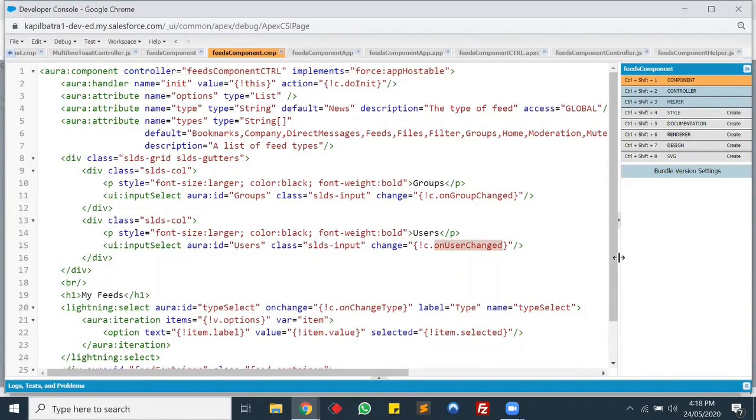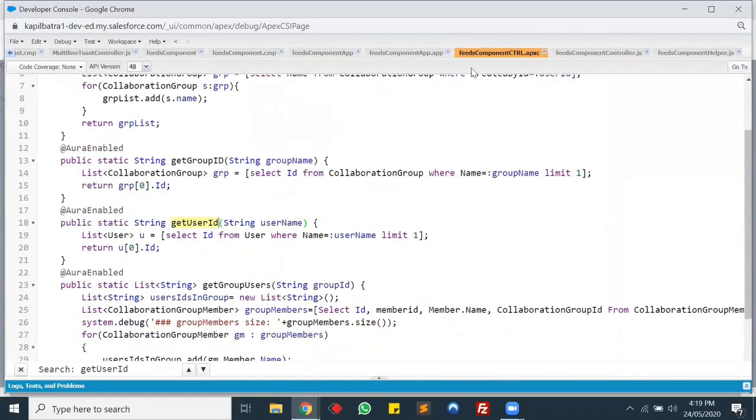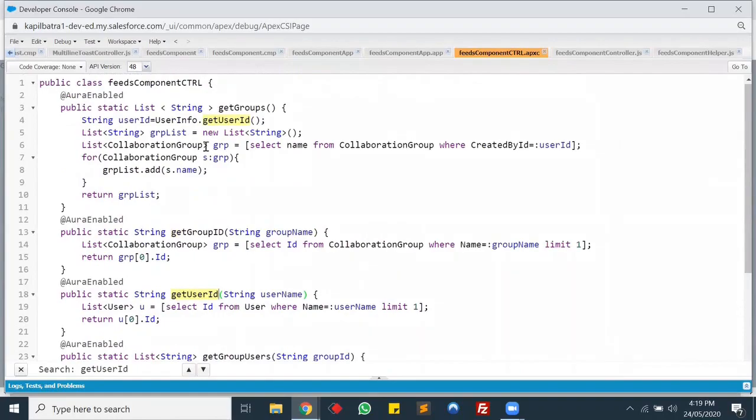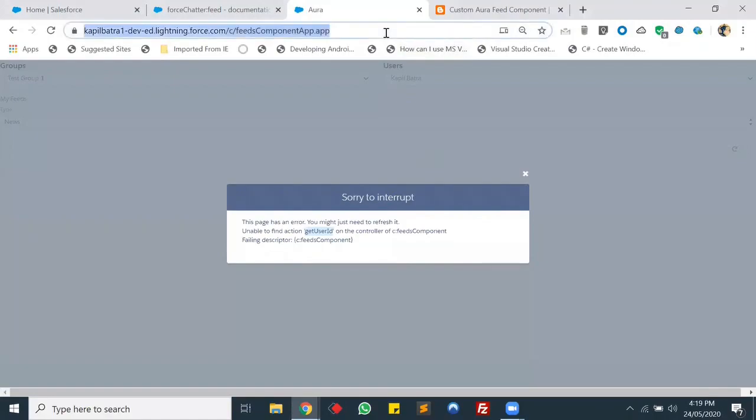So on users change, we are calling this getUserId from this controller feeds component. Let's change the spelling here. getUsersId. Okay, let's try it once again, guys.